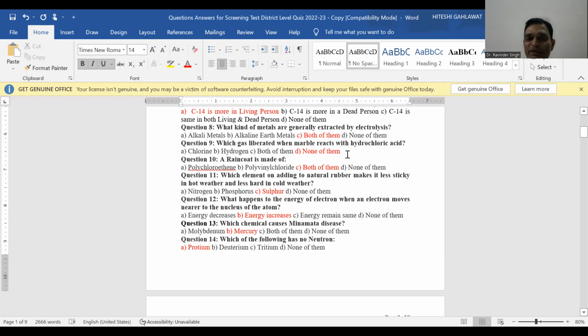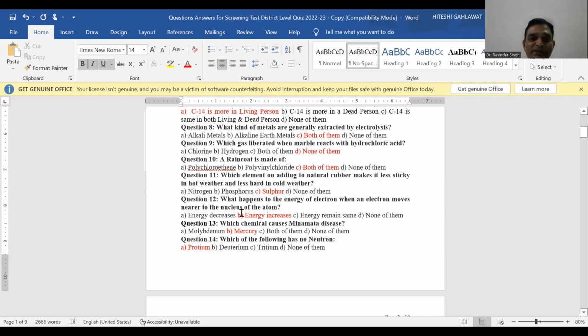जो भी आंसर थे उसको हमने रेड कलर से यहाँ पे शो कर दिया है, ताकि आपको देखने में आसानी रहे। क्वेश्चन नंबर 10, ए रेन कोट इज मेड ऑफ पोलीक्लोरोइथेन, पोलीविनाइल क्लोराइड, बोथ ऑफ देम, क्योंकि पोलीक्लोरोइथीन और पोलीविनाइल क्लोराइड ये एक ही नाम है, दोनों एक ही चीज है, सो बोथ ऑफ देम। Which element is added to the natural rubber to make it less sticky in the hot weather and less hard in the cold weather? That is a sulfur. That is a vulcanization process. हम सभी ये पढ़ चुके होते हैं।